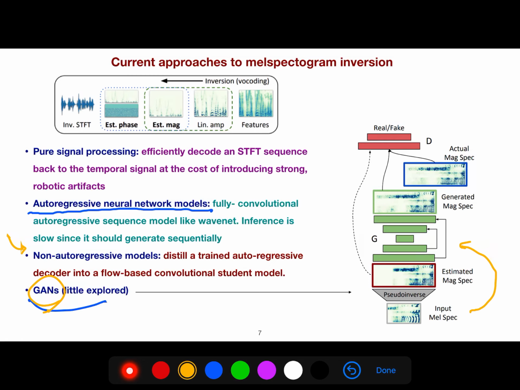Of course, you can combine it with the inverse short-term Fourier transform, write your own algorithm. And here we have a discriminator that says if it is real or fake, for example, if the voice is very similar to the voice of your friend or not. And this is the generator.